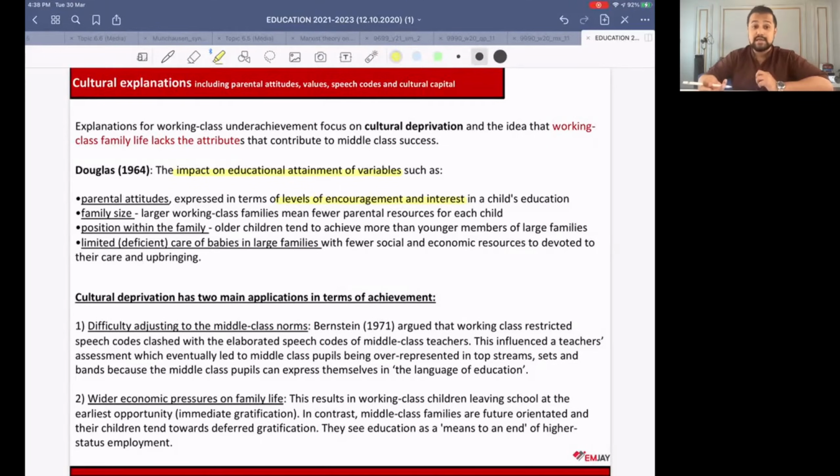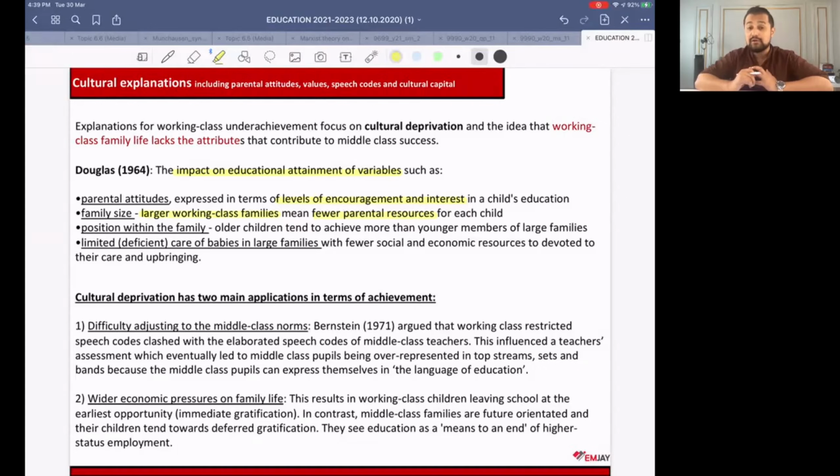Number two, the family size. Working class families, they are usually large, with there being fewer resources. Of course, if there are two families, one family has four people to feed and the other has 14 to feed, the family that has four people to feed would be in a better position to make investments on their child's future as compared to a family of 14.